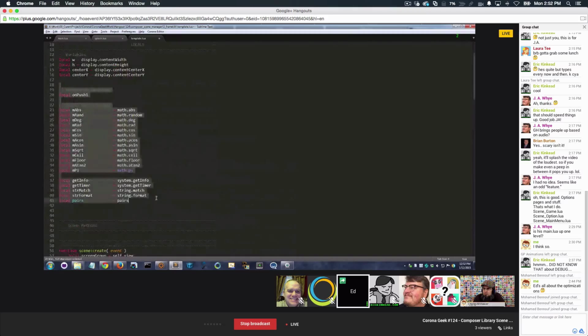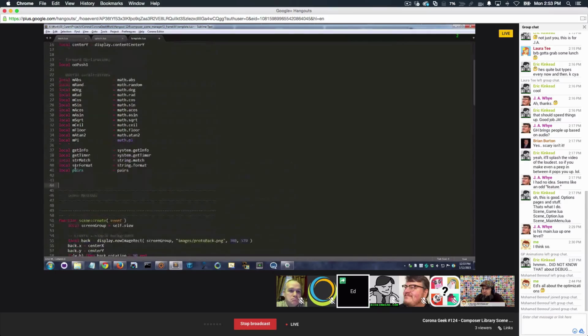Be careful about locals in your files. There's a limit in Lua of 200 locals within scope at any one time. So don't go crazy. Don't put everything in the Lua library up here and localize everything. Once you get to 200 locals, your code will mysteriously stop working, or you'll get some weird error and you'll be like, I don't know what that is. Don't do that. Okay,